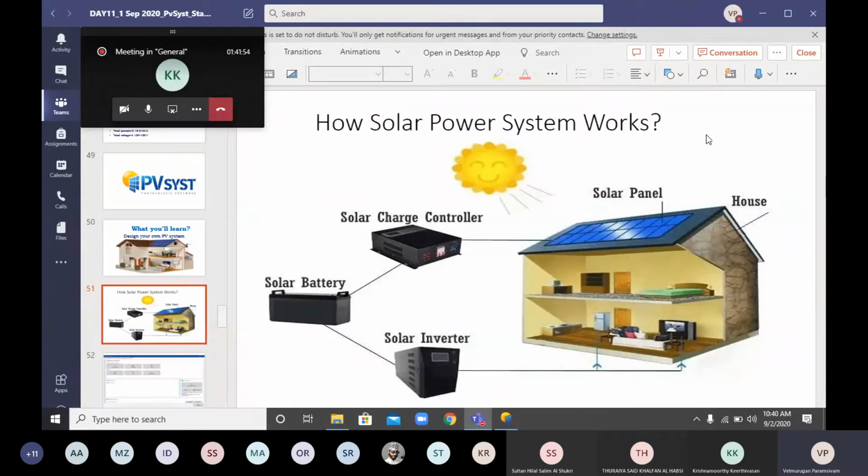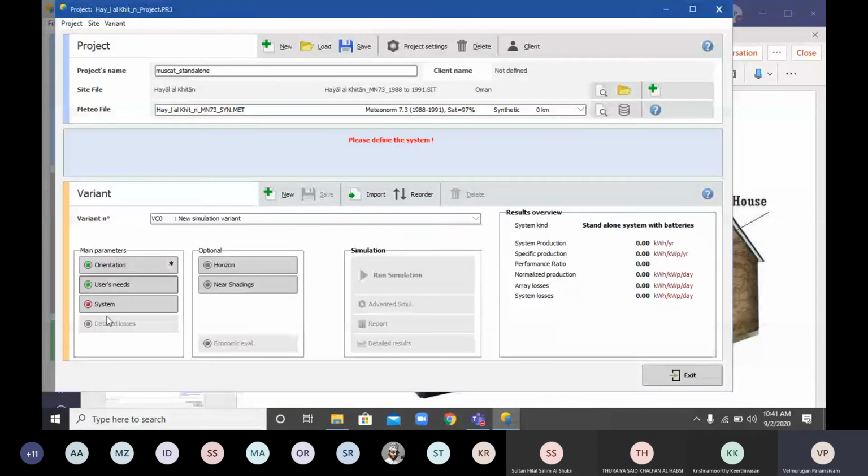First we choose the place, Muscat, some place. Next we choose how much electrical consumption we have in our home. Next we go for the battery, solar panel, inverter and controller. Okay, so we will design the system.